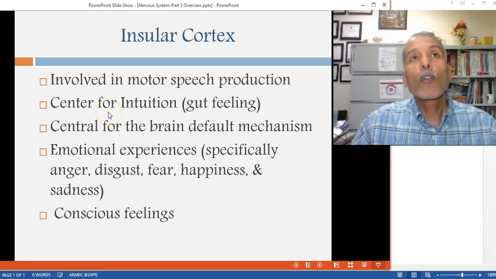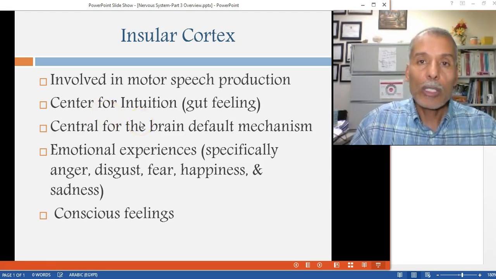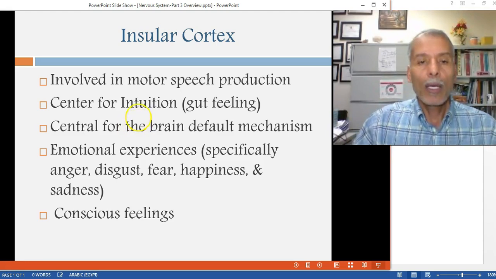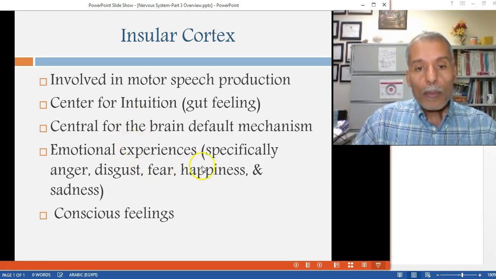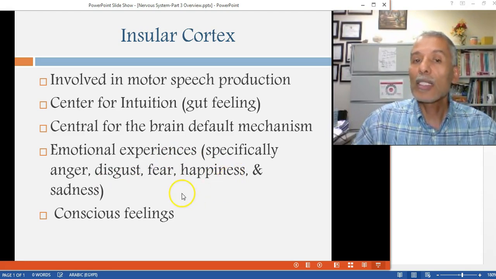It is also the center for intuitions. It gives you that gut feeling. It enables you to feel your emotions, like, oh, you felt so bad that it was as if someone kicked you in the stomach. It makes you have a visceral reaction to feelings. It is very important for making you feel emotional experiences like anger, disgust, fear, happiness, and sadness, and also your